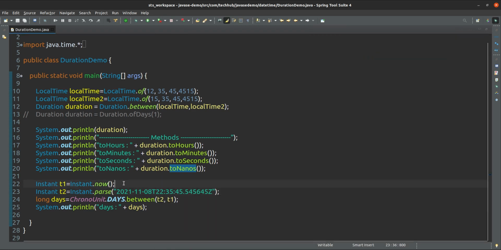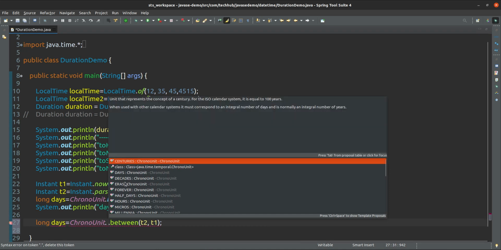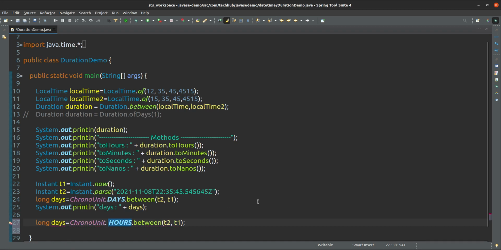Using ChronoUnit also, if you wanted to get that, you can get 9 days, because currently this is the current system instant it is pointing to, and we wanted to create from this 2011 time also. So from this time to this time, how many days are there, we can get using this one. And if we wanted to get some other values like hours, minutes, days between, or get hours, that also you can get from this to this one.